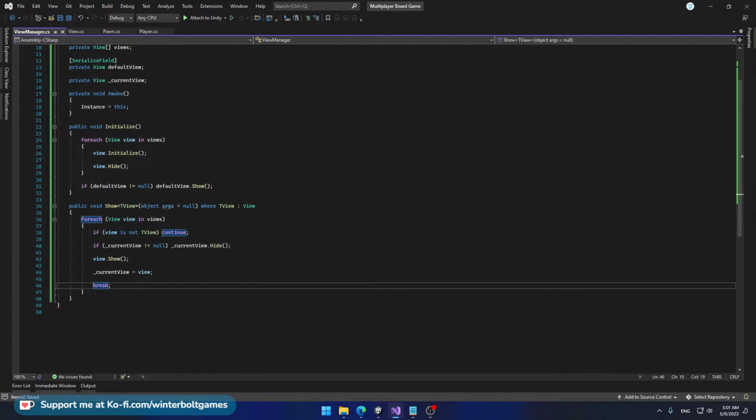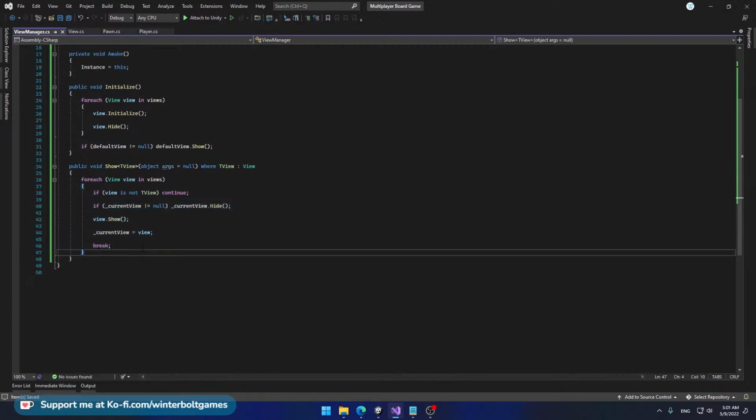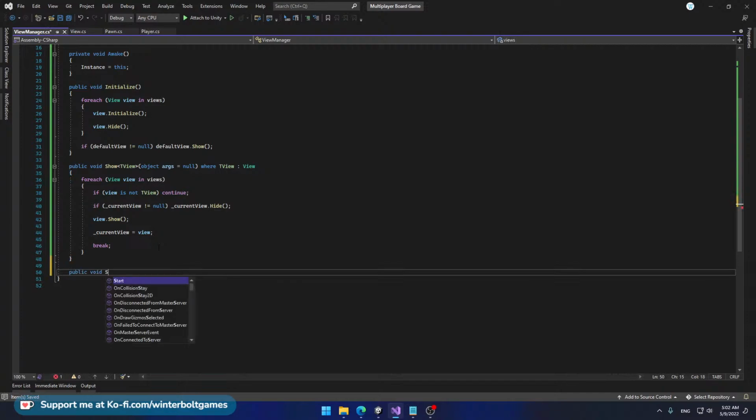And otherwise we do this right here, okay? And that's pretty much it for the first show method. Now we're going to add another one that will allow us to show a specific view object. So public void Show(View view,